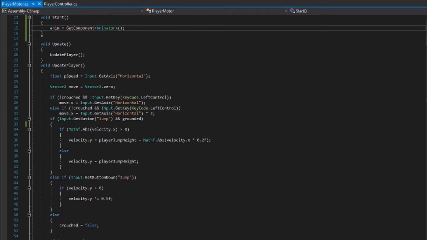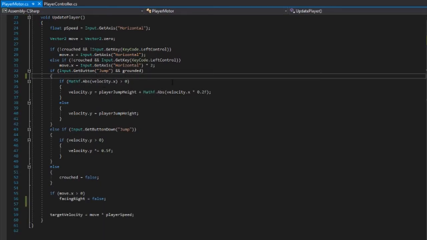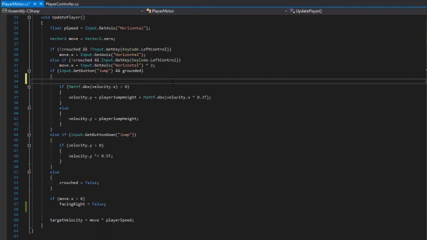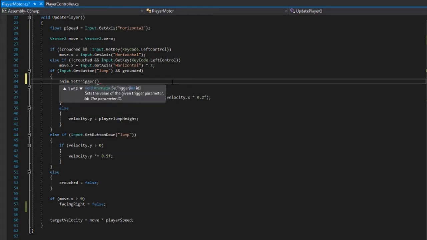So then in our update player, we have a couple things we need to do. To start, we're going to do the jump. So this is when we start jumping. So we're going to get anim dot set trigger, and we're going to trigger our